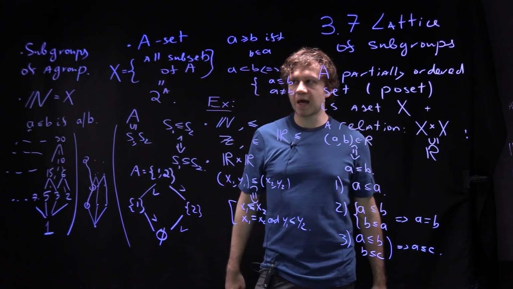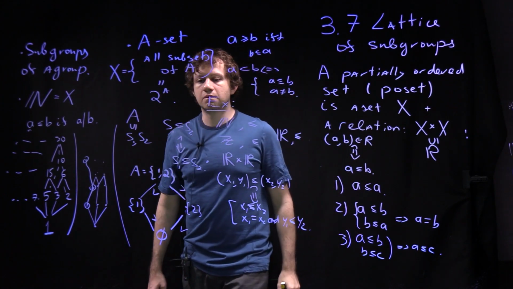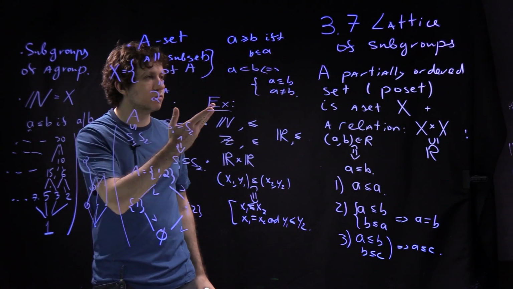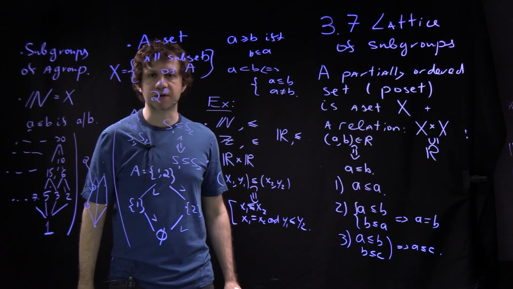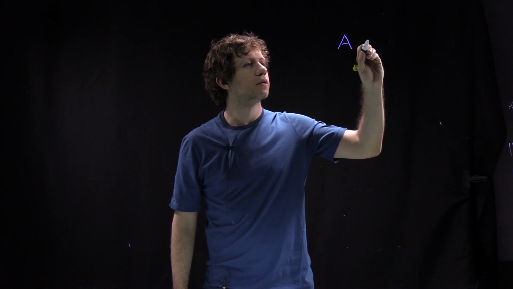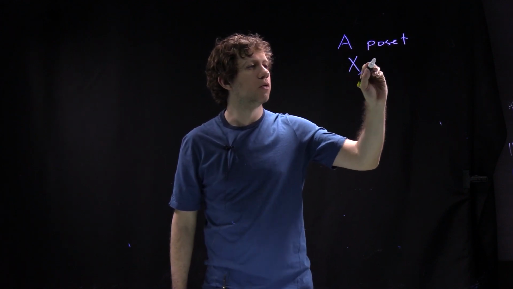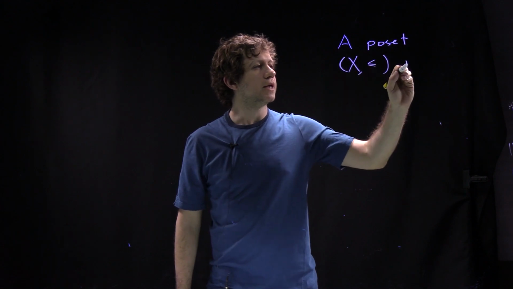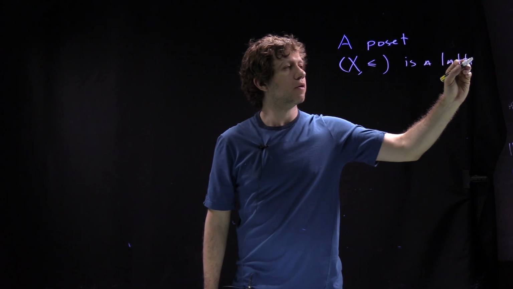There are lots of them, and some of them are called lattices. For a poset to be a lattice, there is an additional property which should be satisfied. Let me explain that. Okay, so a poset, let's say X with this partial order, is a lattice if